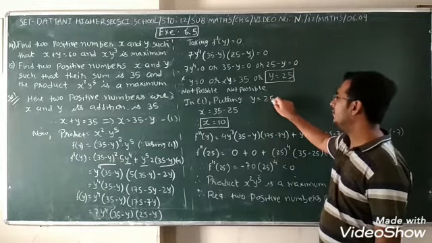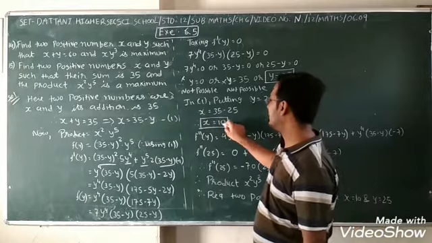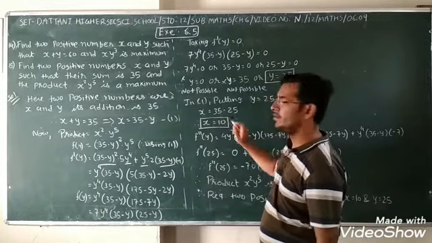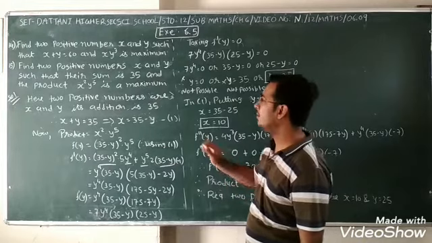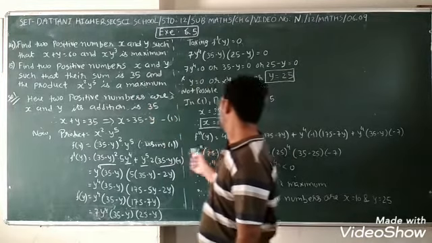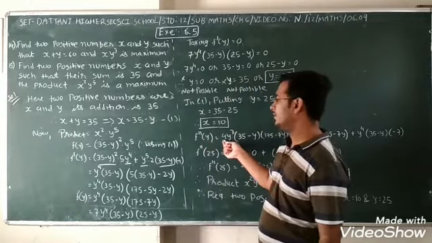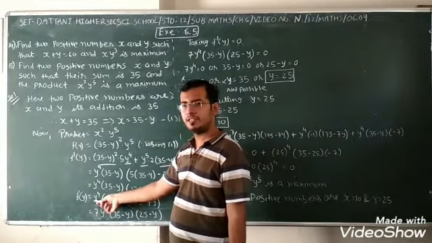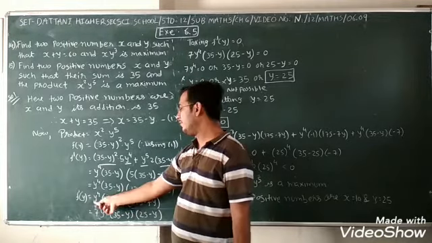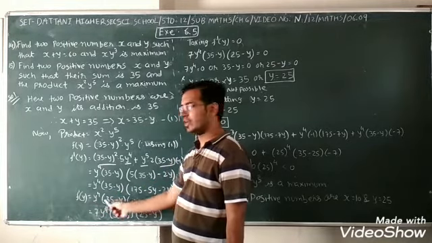Putting y is equal to 25 in equation 1, we get x is equal to 10. Both are positive numbers. So I just found both numbers. Now for the maximum, we go for y double dash y. In that, what we do: taking the first derivative, the remaining 2 as it is, and 1 and 3 as it is, then the second derivative.